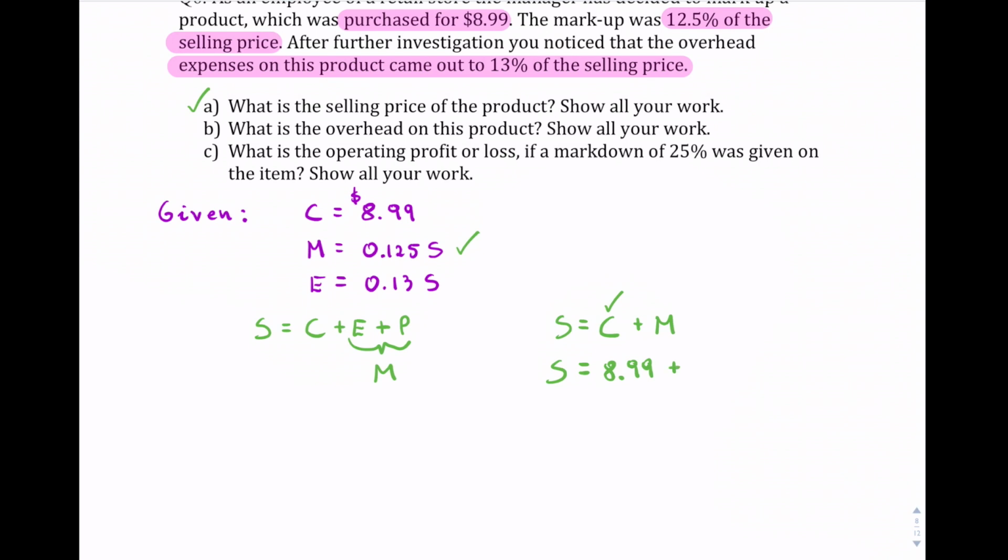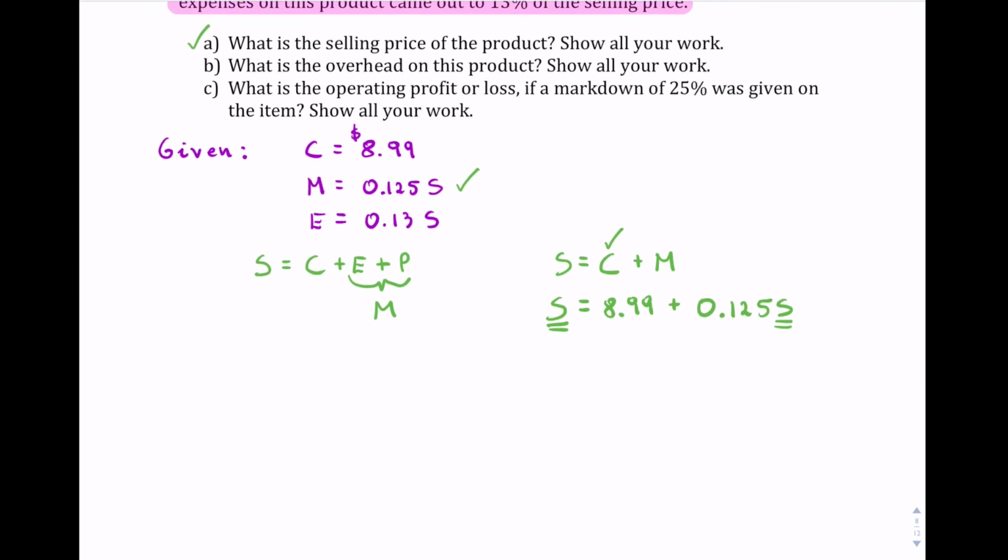$8.99 plus markup 0.125 S. So I'm choosing this because now we have one equation and one unknown, and our unknown is S. So we can solve this. So I can bring this right here over to the left-hand side. So that's going to be minus